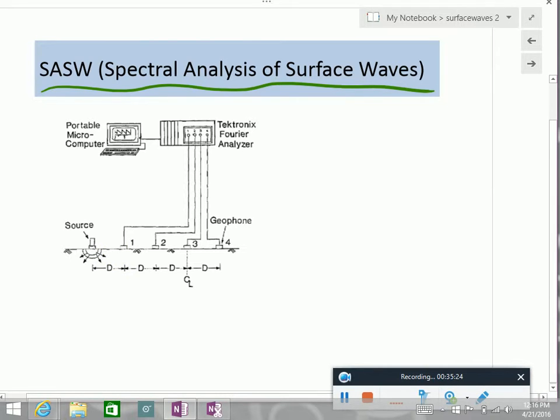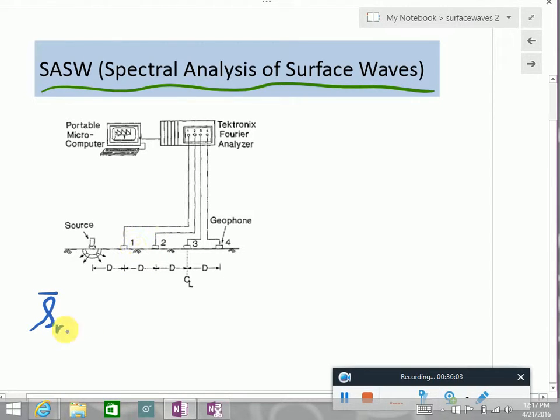But the way surface wave testing is done is that you have a source, and then you have a series of receivers. In this case, there are geophones. They can be accelerometers depending on the frequency you are interested in. The way we do this is pretty much what you do in time domain to get velocity. What did we do? We used cross correlation. In surface wave testing, we use cross power spectrum. So I call this,